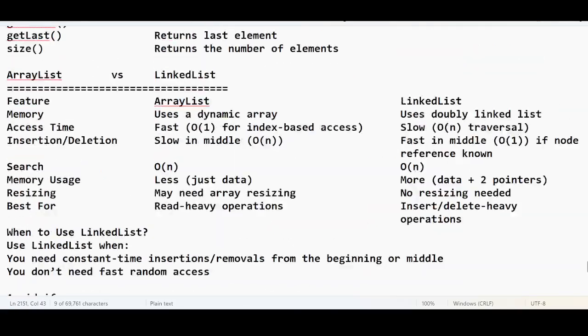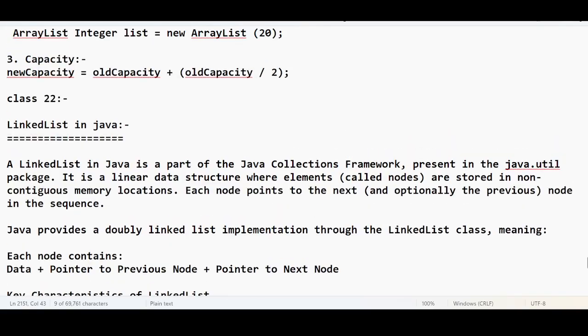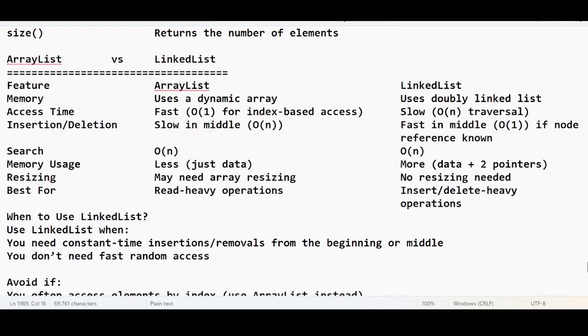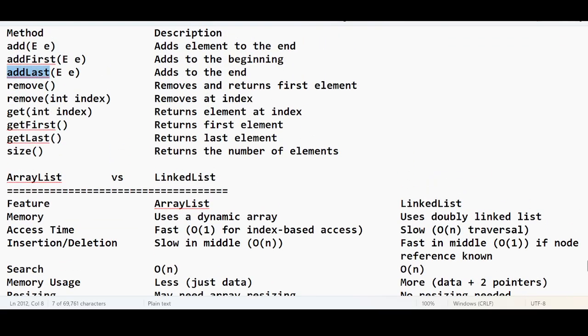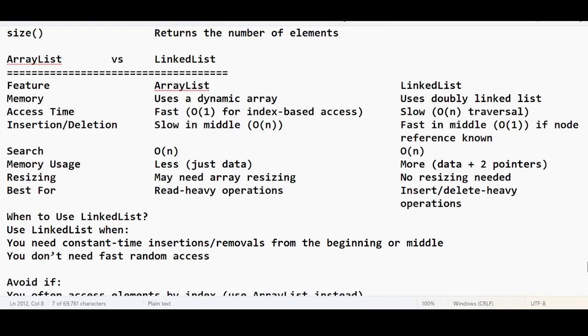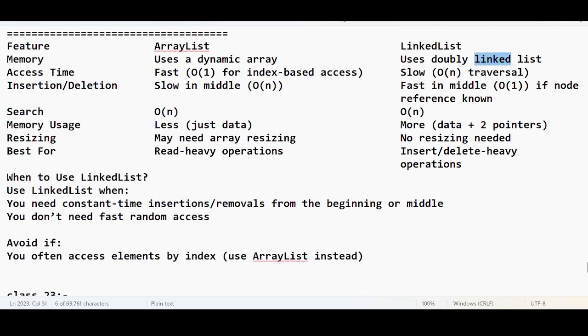Okay, so in the last class, we discussed the linked list in Java. Now we got to know the exact difference between the array list and the linked list, and we have seen some methods which are very specific to linked list, and we have understood the exact differences. Here you have a dynamic array. Here the linked list uses a doubly linked list data structure. And there are so many things involved inside the array list topic as well as the linked